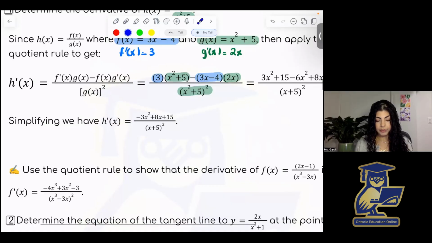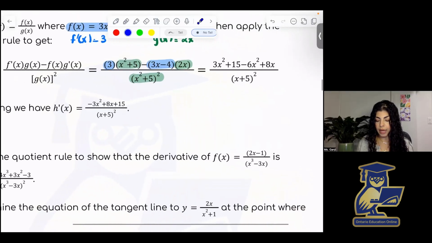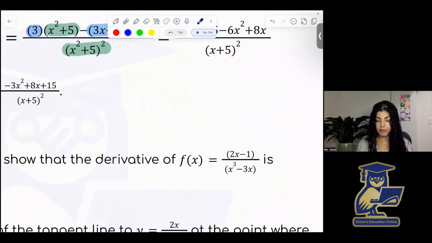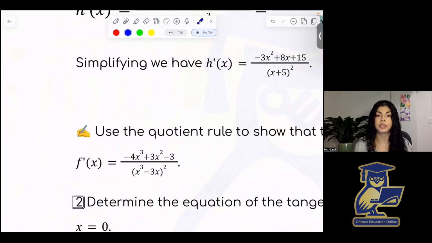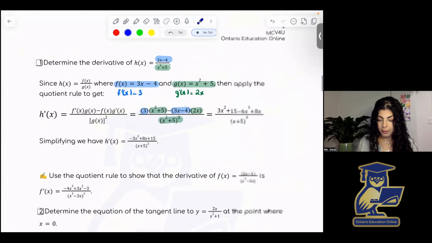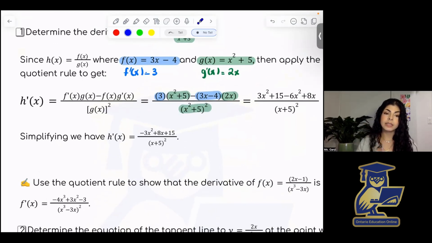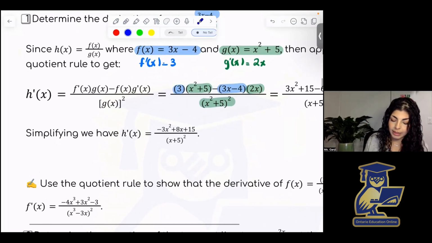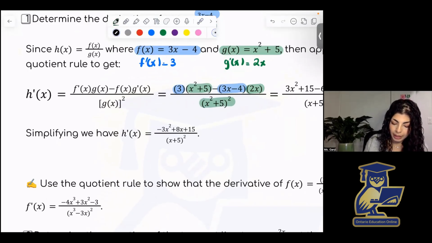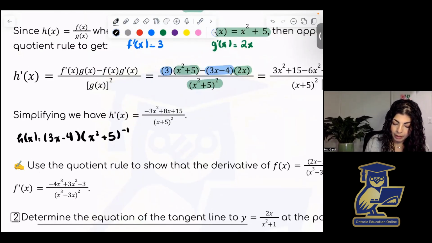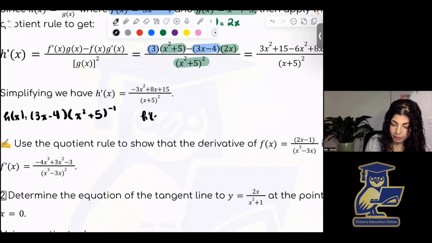Now, just another practice for you, try to use the quotient rule to show that the derivative of this function f of x is equal to this expression right here. One more thing I might do here for you is I'm going to show this example with the example we just finished with our product rule. So here, consider h of x is 3x minus 4 times x squared plus 5 to the negative 1. Then h prime of x is going to be